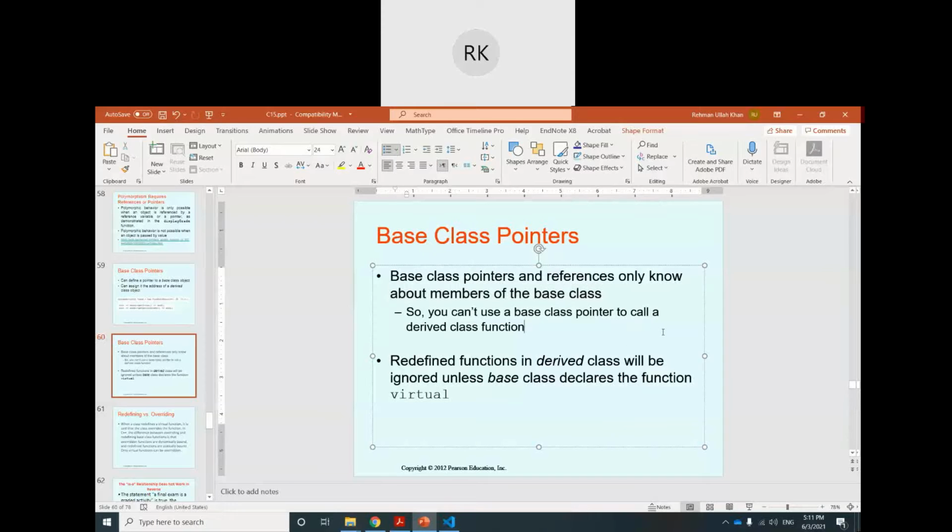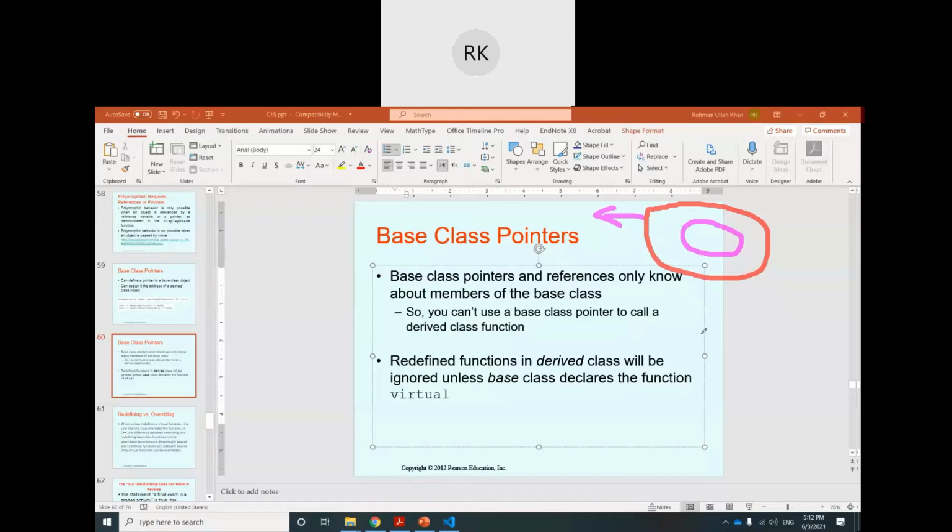So let's suppose this is a base class pointer, and we assign a derived class object to it, but this pointer only knows base class functions. It can only call those functions which are present in the base class, or which are redefined in the derived class.